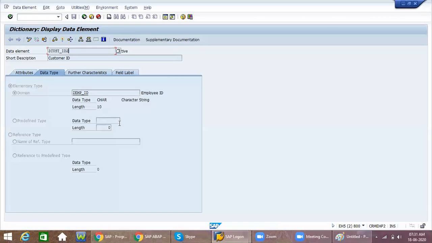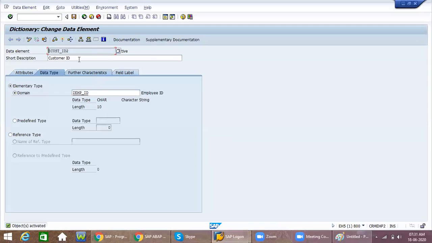Is it compulsory that we have to create the domain previously, or can we create the domain directly from here? From here also we can create. That I will also show now. Without creating it previously, we can create it here. Yes, that I will show.